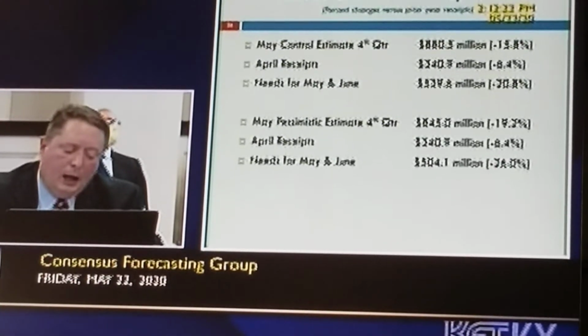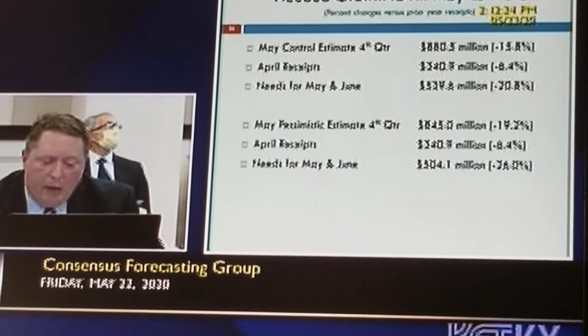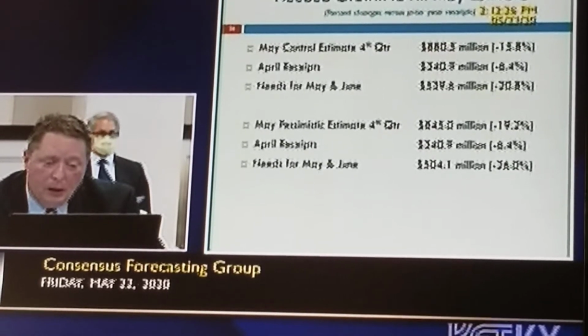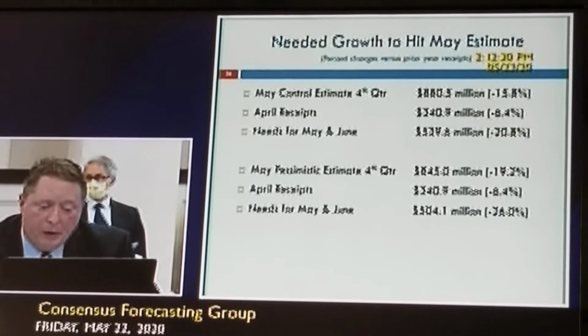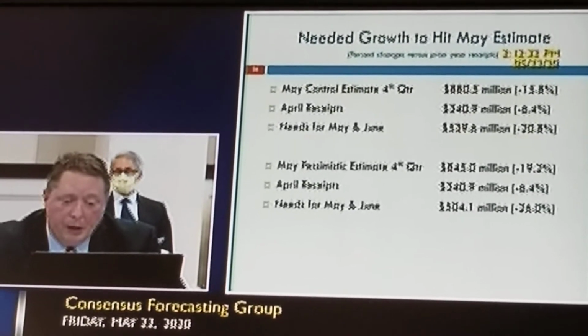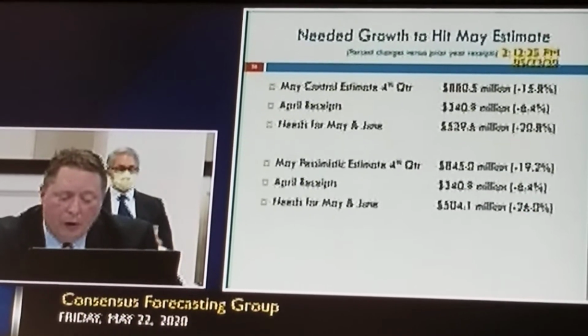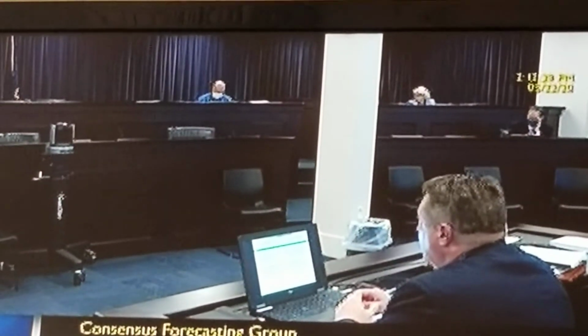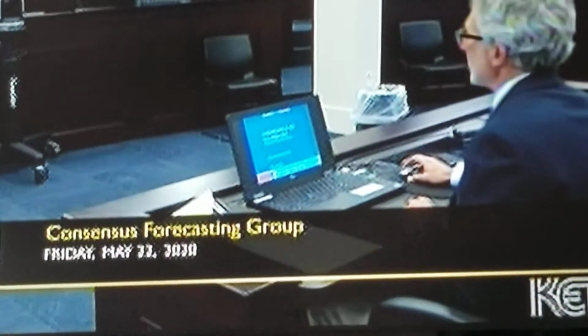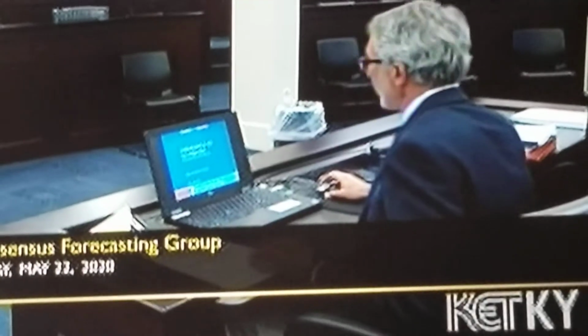So that's really all I have for the sales tax. If there are any questions on the sales tax, I'll take them. Otherwise, I'll turn over to Gene Brown for the corporate and property tax estimates. And then I will go through the